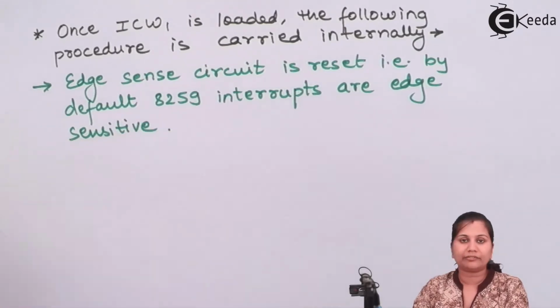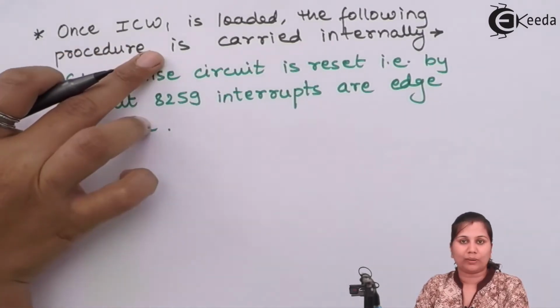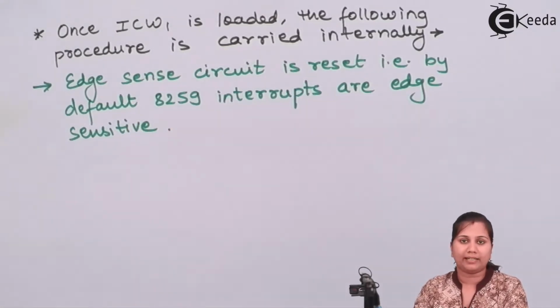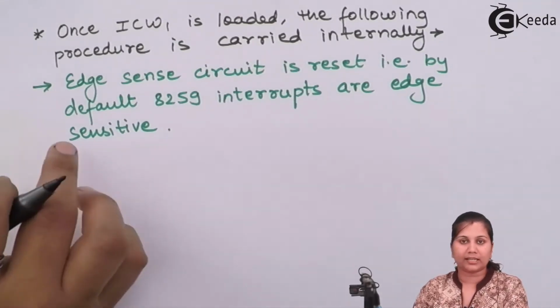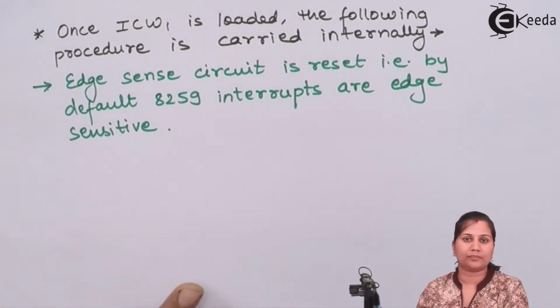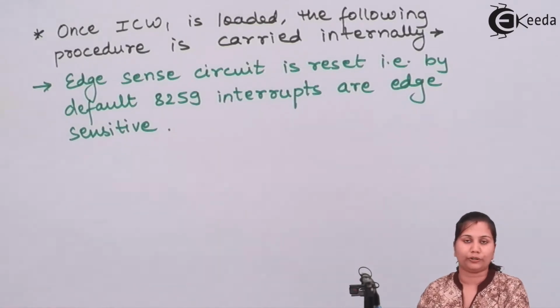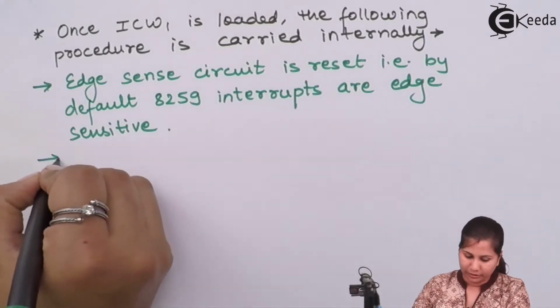Now the 8259 IC can accept interrupts which can be either level triggered or edge triggered. So once this ICW1 is loaded, the 8259 interrupts are by default set as edge sensitive interrupts. Okay, so the first step is taken to make all the interrupts of the 8259 edge sensitive by default. Okay, then next is